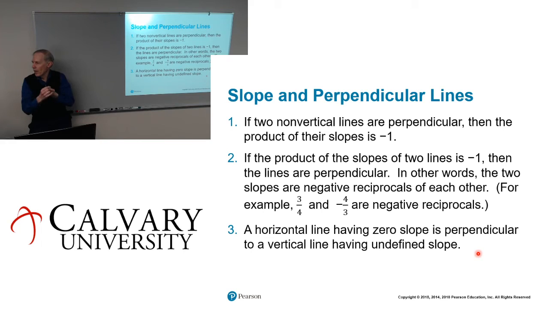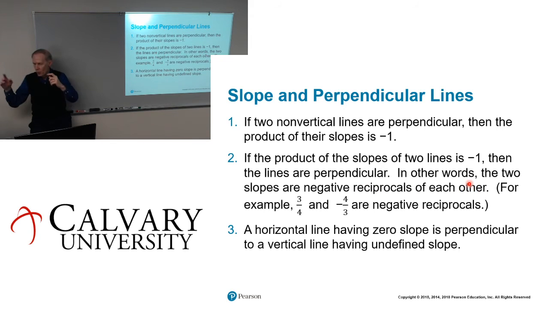That's what it would look like on a graph, but to look at the equation of it, if two non-vertical lines are perpendicular, then the product of their slopes is -1. So remember, product means one number times another number. So another way of looking at that is if their products equal -1, then the slopes are negative reciprocals of